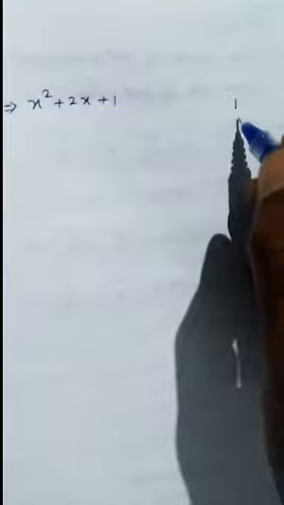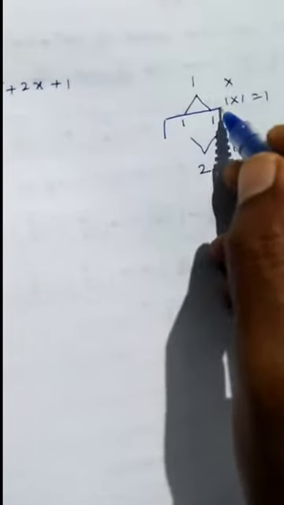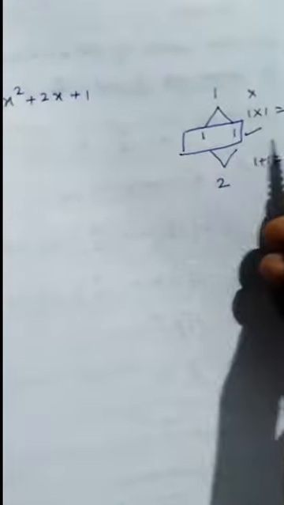So take the constant value here, 1, and this is the splitting the middle term method, and take the coefficient of x, value 2. Now write the possible factors of 1. 1 ones are 1. There is only one factor. So here we will multiply 1 into 1 to get 1. The same numbers if you add you should get 2. So this is suitable, because here we are getting only one possible factor. That's okay, whatever you are getting you can take it.